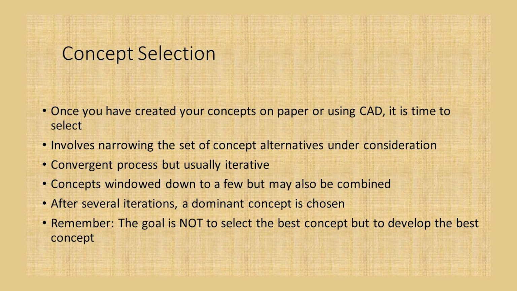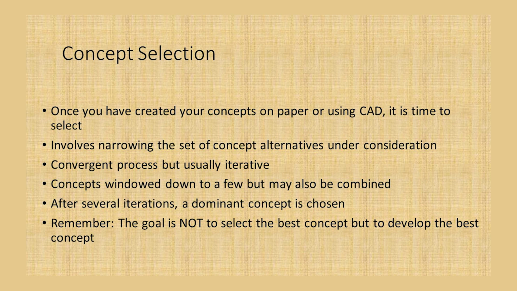So, this involves narrowing the set of concept alternatives under consideration. So, narrow it down from 20 concepts, we narrow it down to 5 and then finally maybe 1 or 2. So, it is a convergent process, but this is usually iterative. It is a convergent process, but takes several iterations to come up with the final concept, and then the concepts